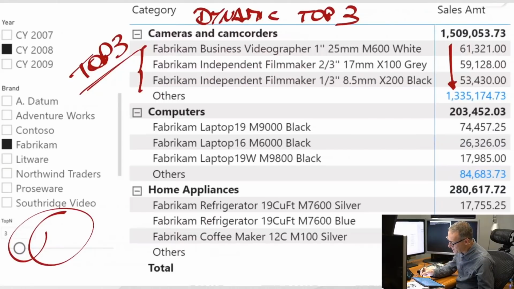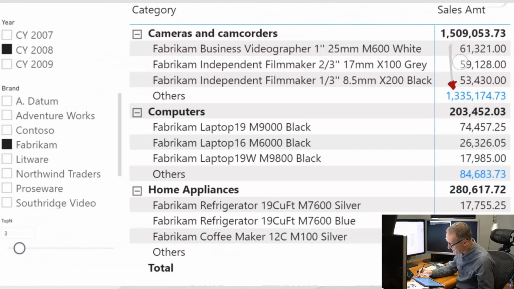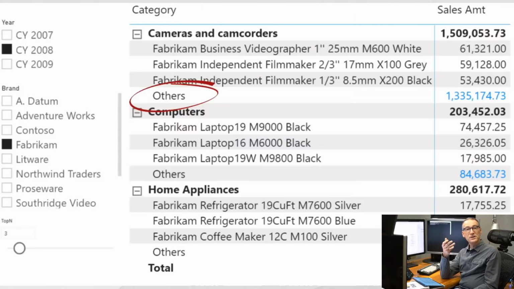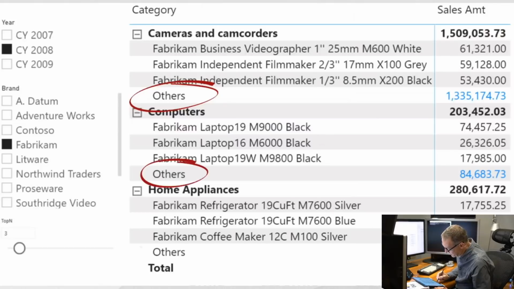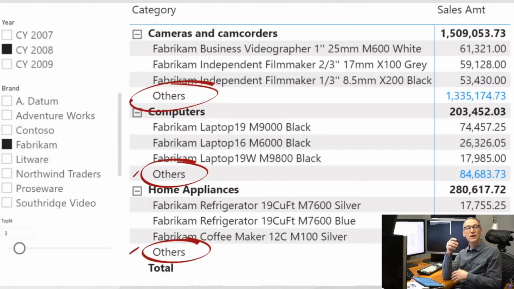The second step we need to carry out, let me again clear everything, is find a way to show this row, others. Others needs to be an additional row added to the data model. And you see that others appears several times. We have others here, and again others here. So others is a row that we need to add to the model, but it cannot be a product because we cannot just add one additional product to our product table named others. That product would have a category, would be sold in a year, would have a brand, so it will not be visible in all those different places.